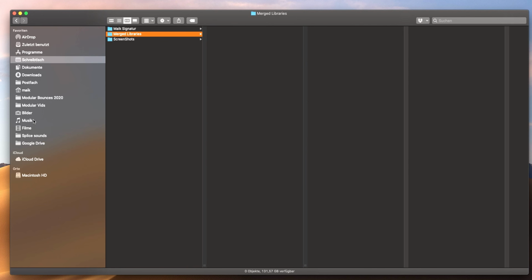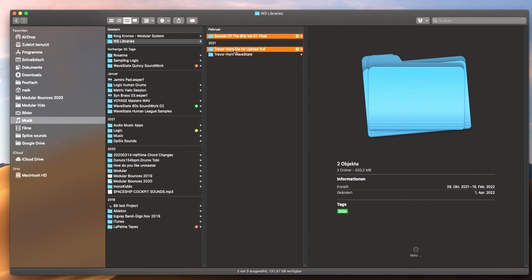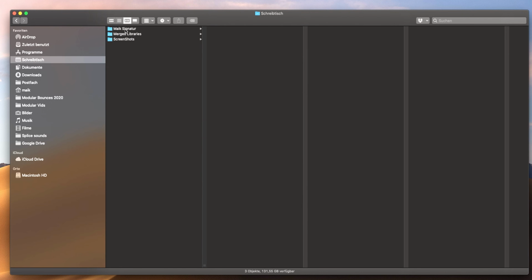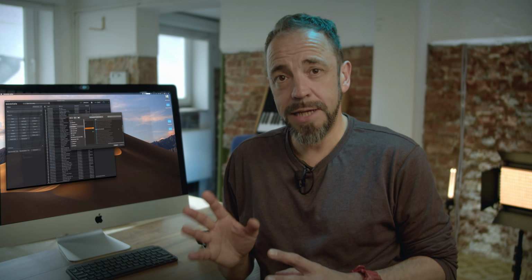And then I want to copy the two folders of both libraries into that folder that you have just created. By the way, this procedure is valid for all WaveState libraries that contain custom samples.